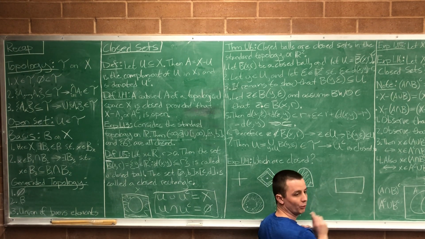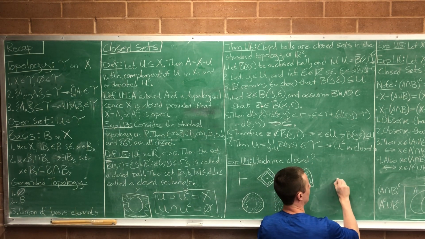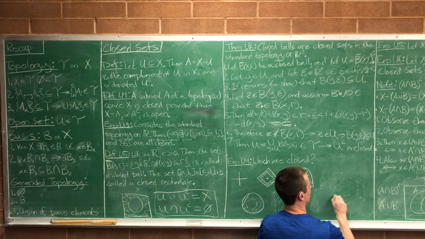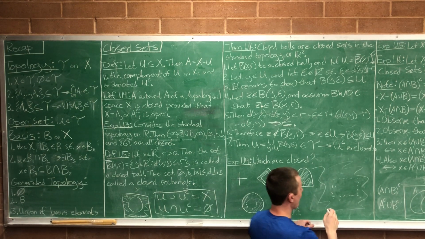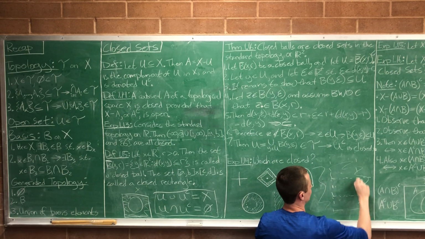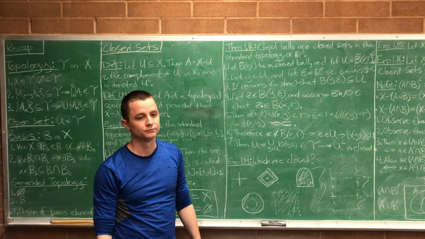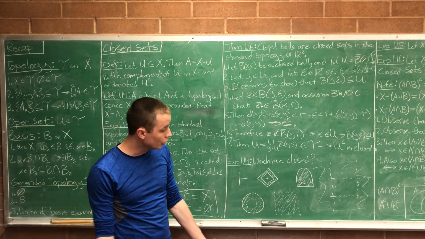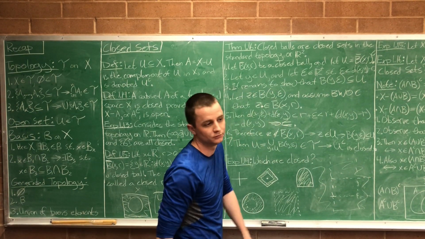Well, a closed rectangle, what's its complement? It's everything not in that rectangle, right? So I'm going to draw its complement on the board. Its complement is this set, right? Everything out here. But notice that that is the union of this half plane with this half plane with this half plane with this half plane, which are all open sets. So it's a union of open sets, so it's open, so its complement, which is this closed rectangle, is closed.